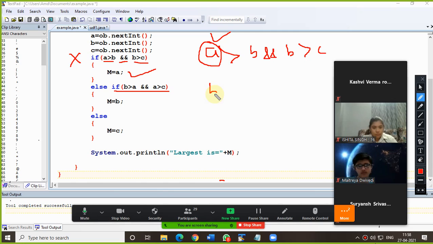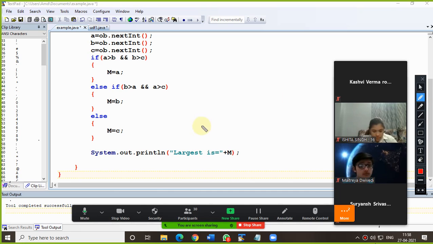If B is greater than A and A is greater than C, then ultimately B is the largest one. So we are storing the largest into the fourth variable, that is m here. And now if both the conditions are false, then automatically the value comes here, m equals c. So in this case, what will happen? Let me show you the output.